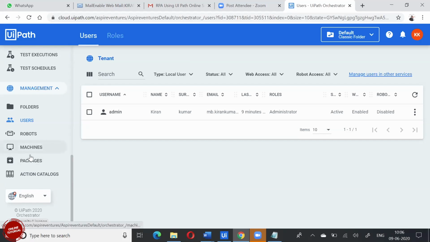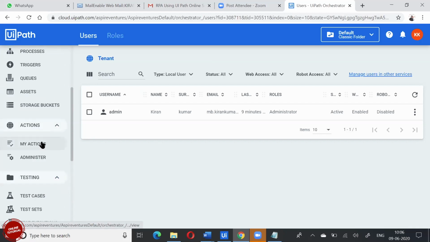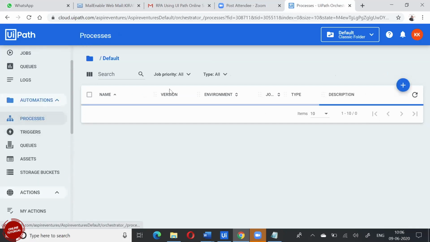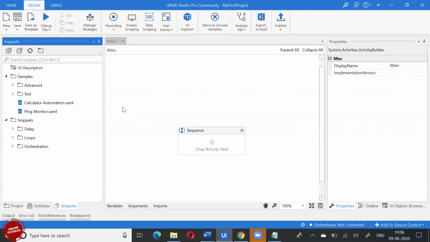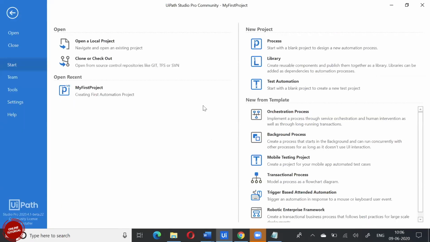Because when you create the processes here, they will take this name only. The processes will directly take the name that you have created. Though there is an option to change it, we don't want to change it and get confused again. So when we design, we keep it as realistic as possible.